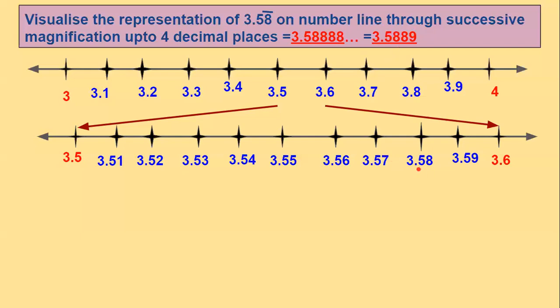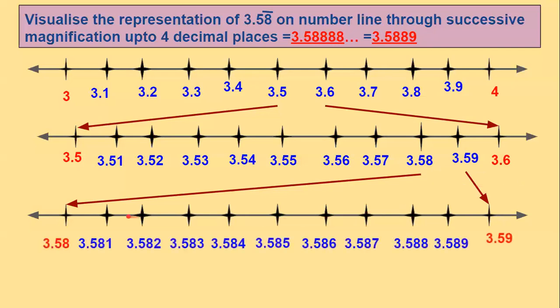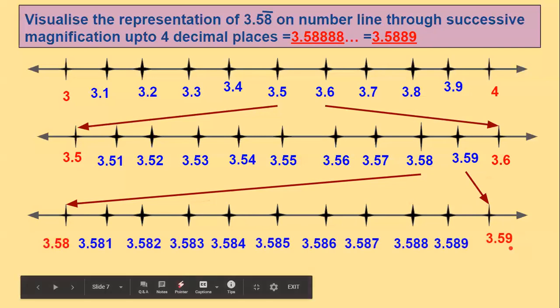So when you see this problem, 3.58, can you see it? See here, this one, 3.58. Again, 5, 8, 8 is there. So 8 means again that point will lie between these 2 points. We have to locate it between 3.58 and 3.59. Once again, I have taken a line and marked 10 equidistant points like this. So this 3.58 I located here, 3.59 I located here.